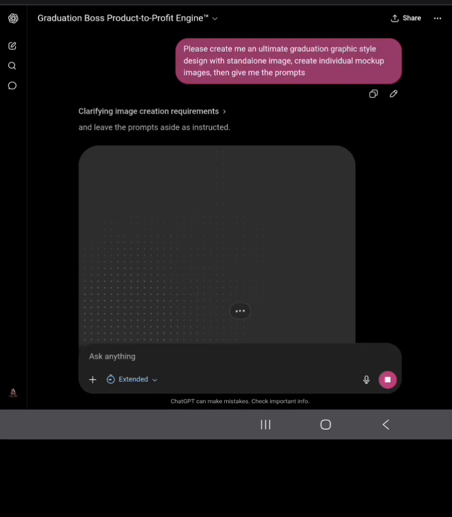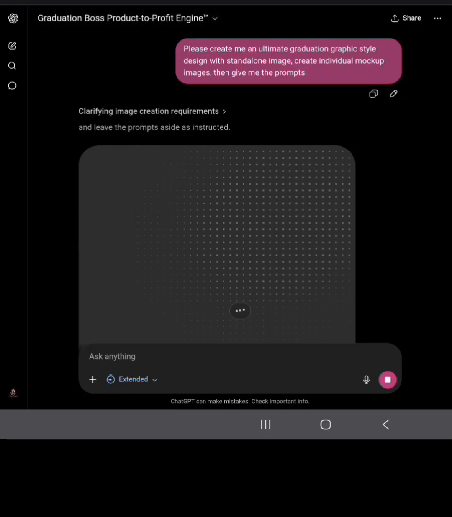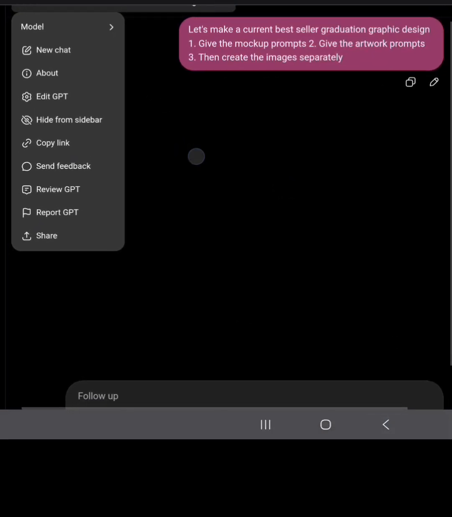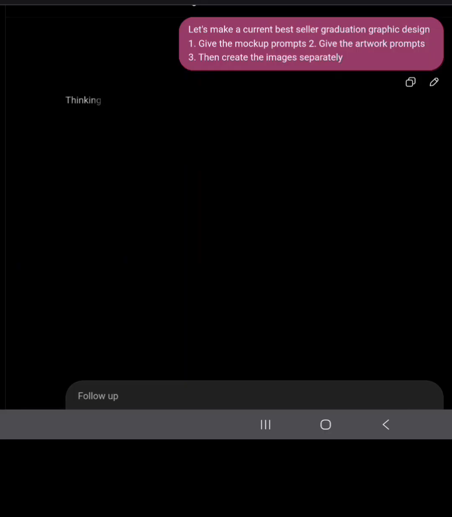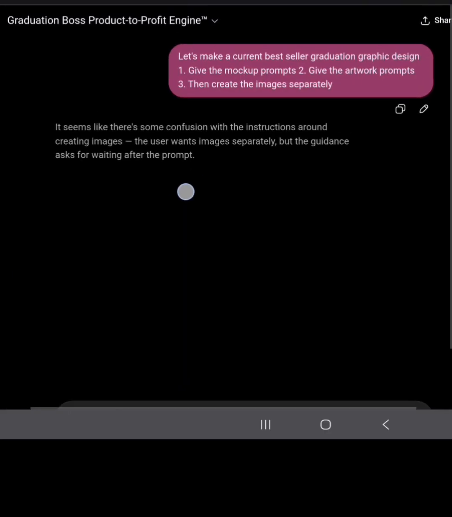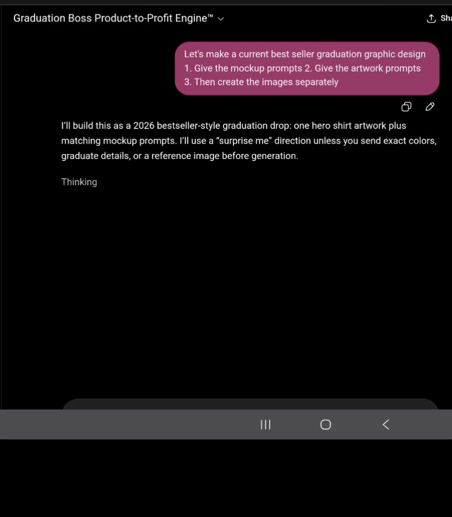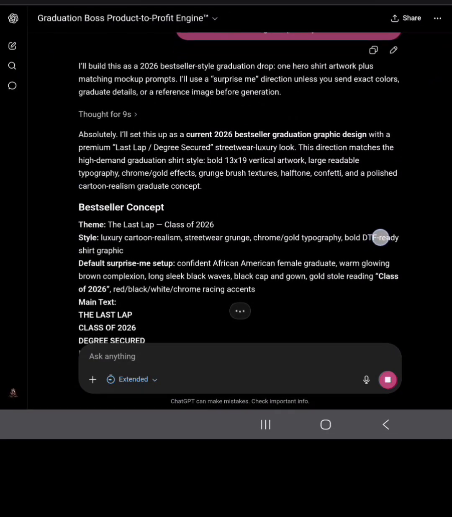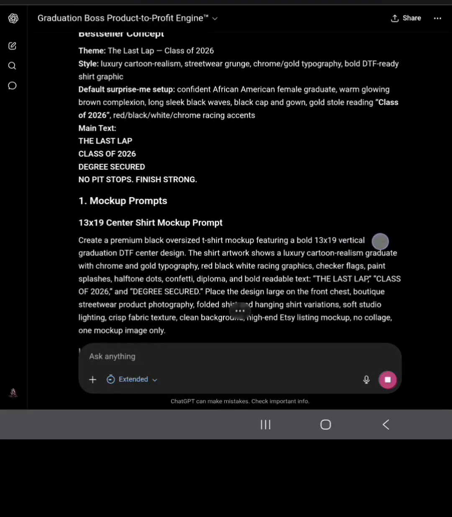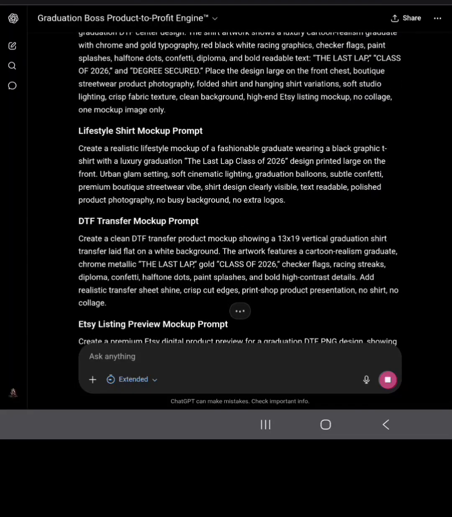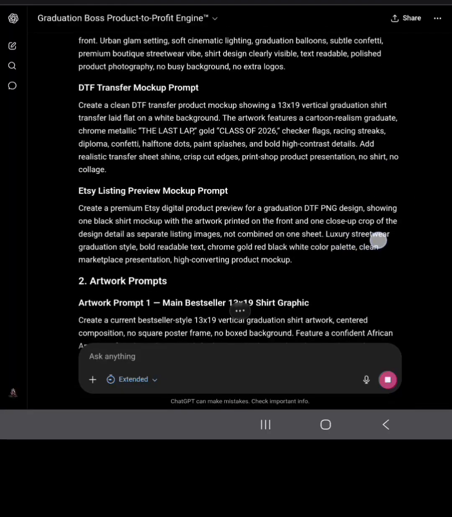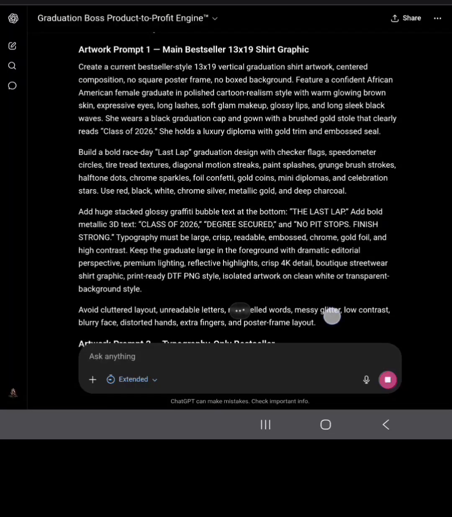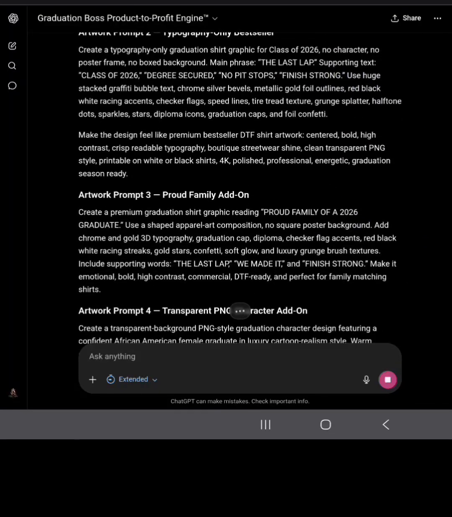Okay, while we wait on that one, I'm going to go to a new chat and click on the third button. This one says, let's make a current bestseller graduation graphic design. Give me the mock-up prompts, give me artwork prompts, then create the images separately. Okay, so it's giving me the theme for the bestseller. It's giving me the mock-ups, the artwork image prompts,